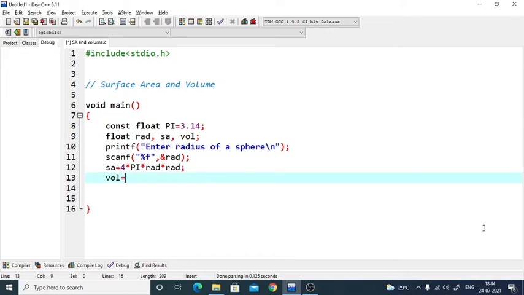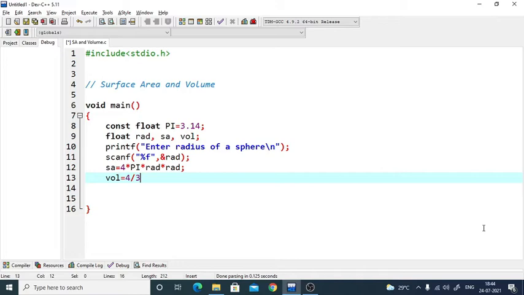Now, if I write 4 by 3 like this, you remember the temperature conversion program that we had done. 5 by 9, I said, would directly give you the answer 0 because of the integer division. Similarly, 4 by 3 pi r cube is going to give you 4 by 3's answer as simply 1 and not 1.33.